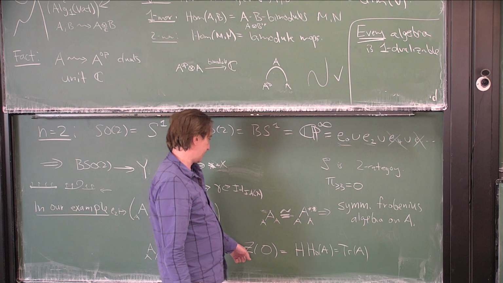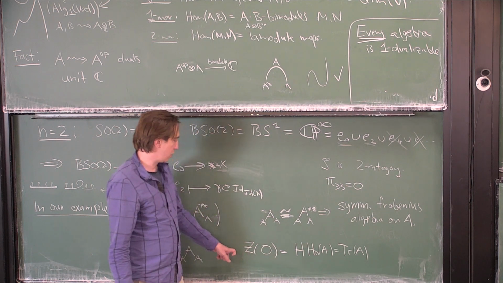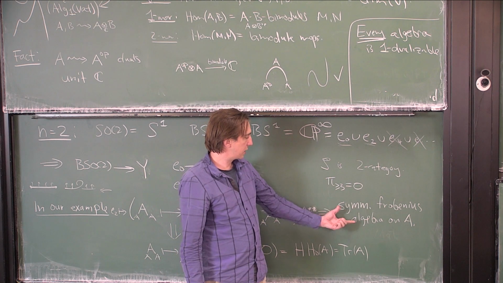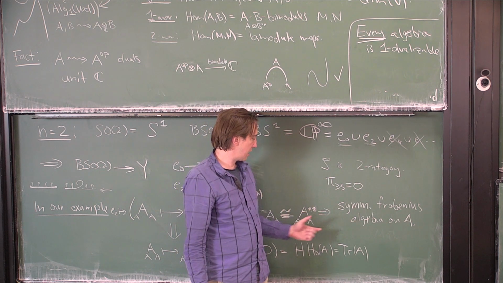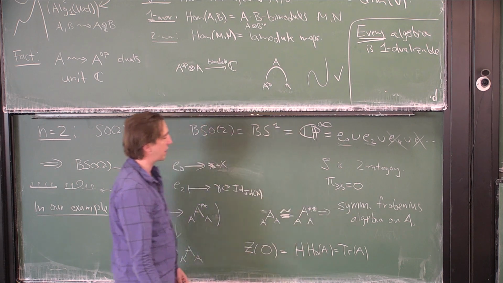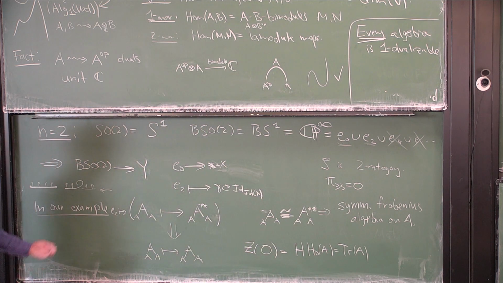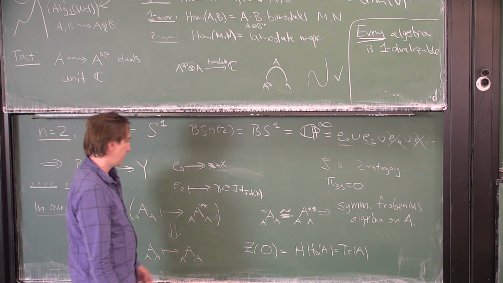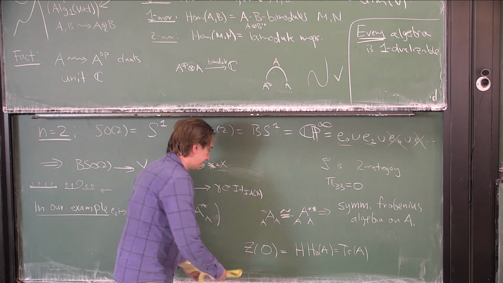Okay, so going back, if we believe this theorem, I want us to sort of believe this theorem for a minute, that the data of this trivialization is the same as the data of a symmetric Frobenius structure on A, and then I want to just convince you that you could see it more directly. So the value on the circle